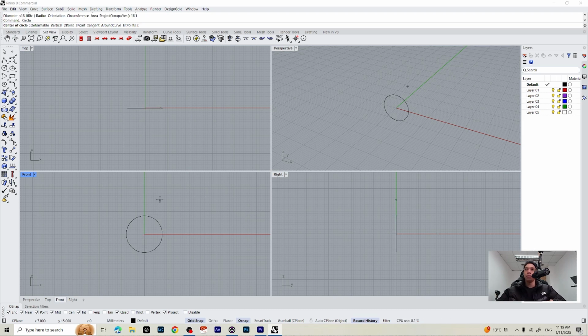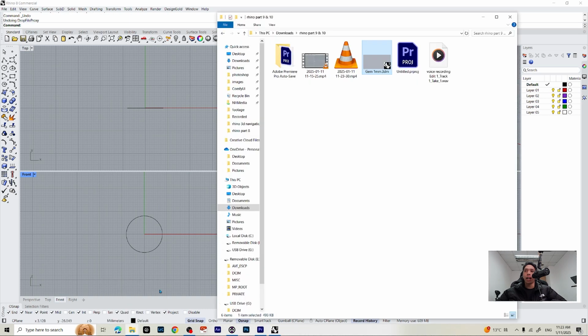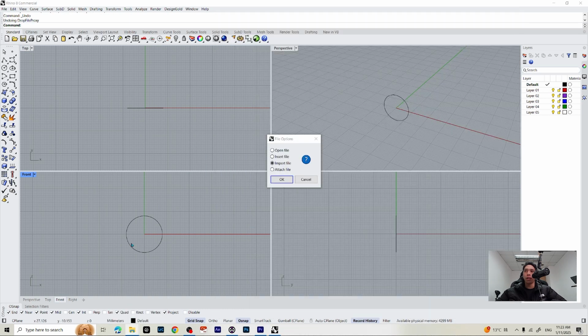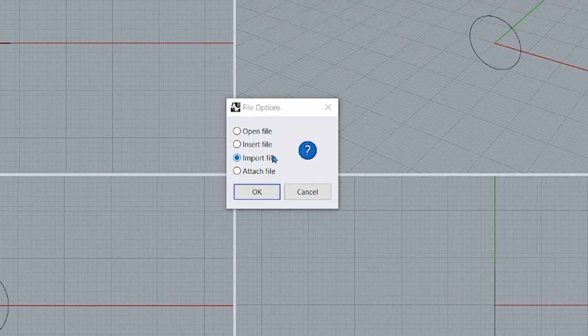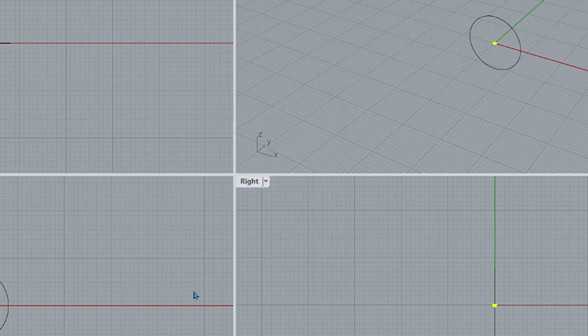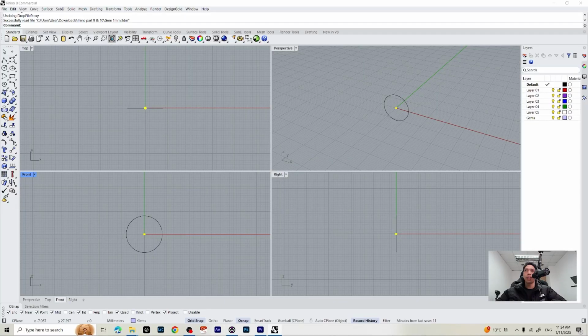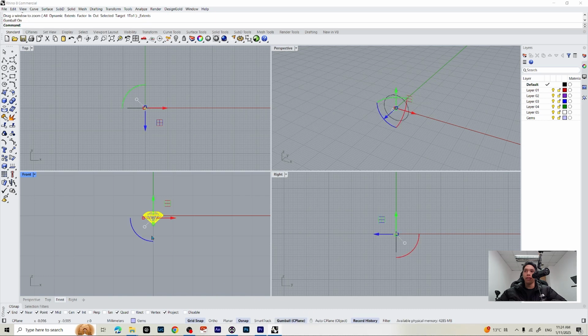on your keyboard. Alright, let's take our diamond and import it into our project, and select import file and click OK. Now we are going to resize our diamond by enabling our gimbal first, and press and hold shift on your keyboard and select any of these little handles. It's going to bring up a dialog,